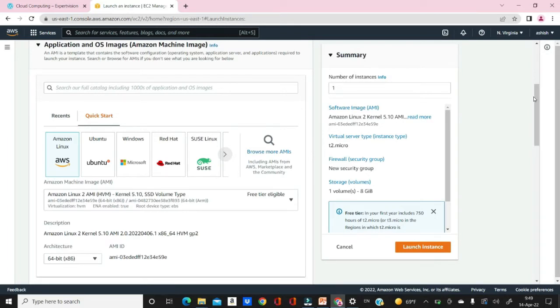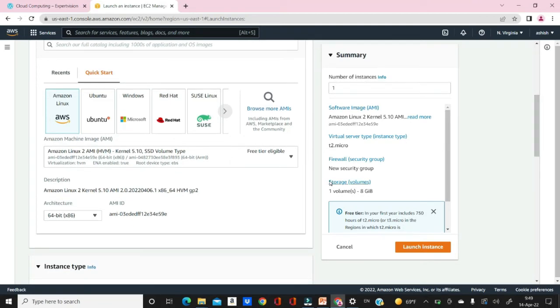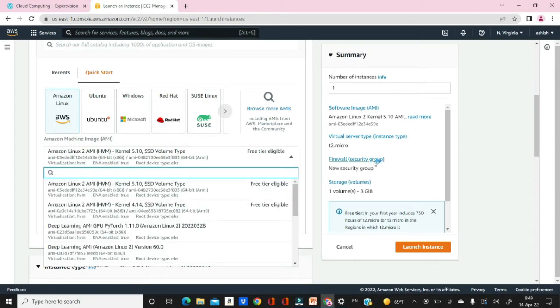Here we are provided some AMIs. These are the images of this kind of virtual environment. We can choose any Linux environment which is available under the free tier. Inside the free tier account we have two configurations available, where we have kernel 5.10 and an SSD volume. You can go with either of these. I prefer to go with this machine,